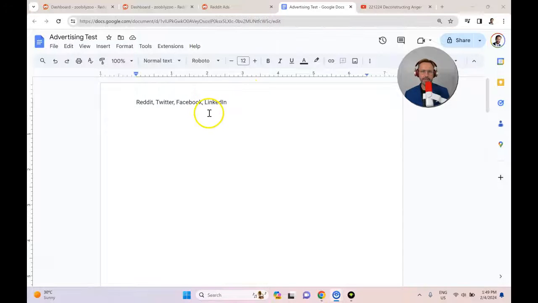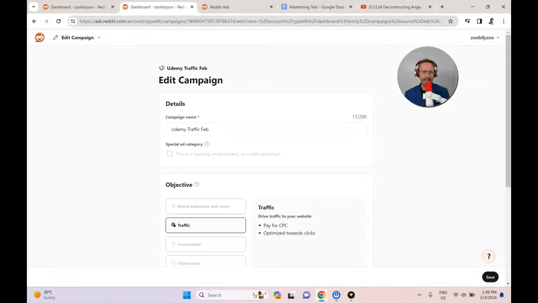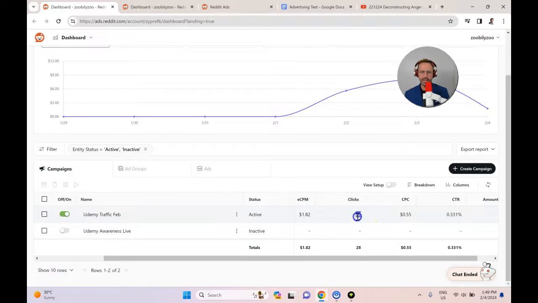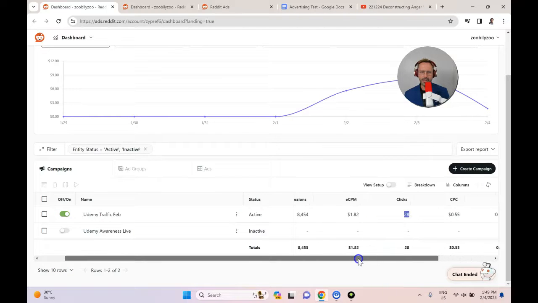I'm currently running an advertising test with Reddit, Twitter, Facebook, and LinkedIn. And I'm running into a challenge, which is that Reddit is just not spending the money fast enough. So you can see that over a few days, I only spent $15. I am getting a lot of clicks, and I have a pretty low effective CPM and a pretty low cost